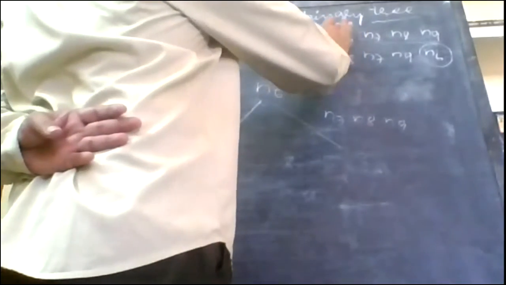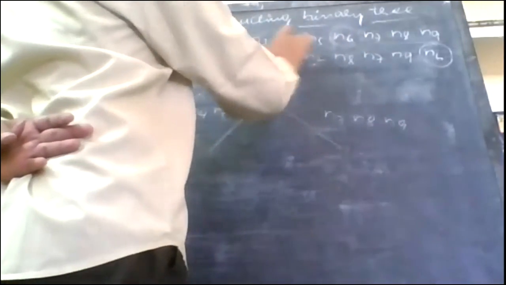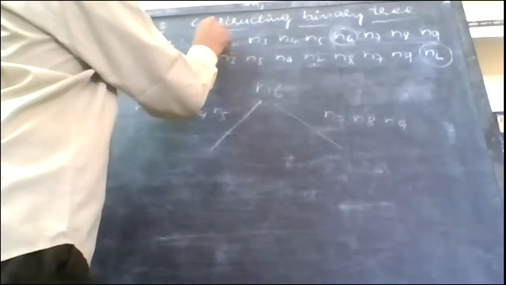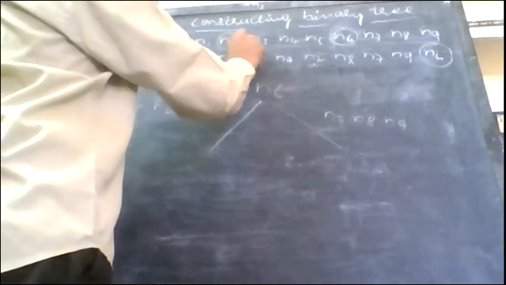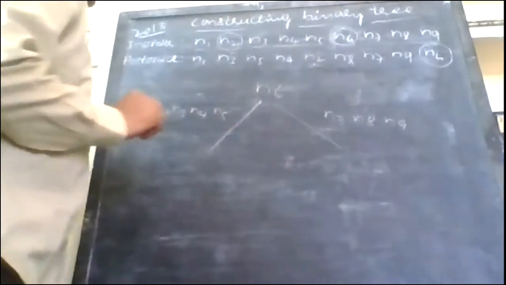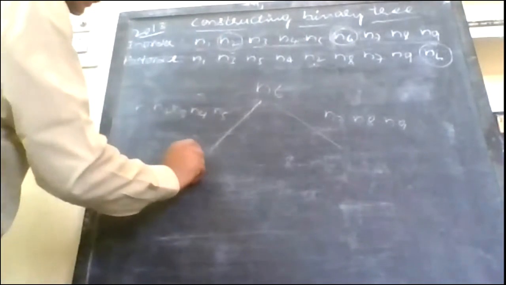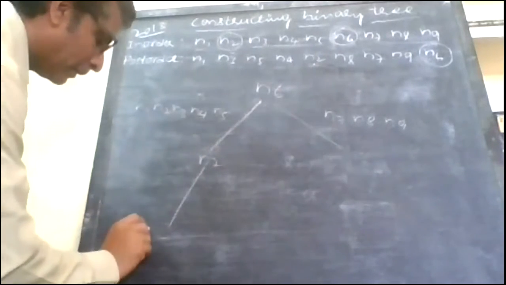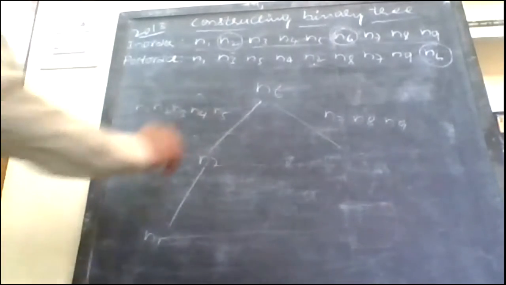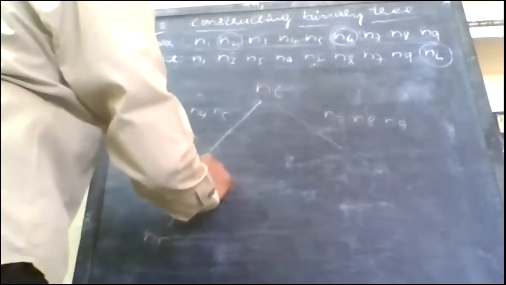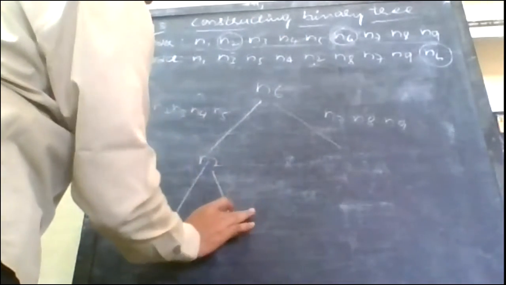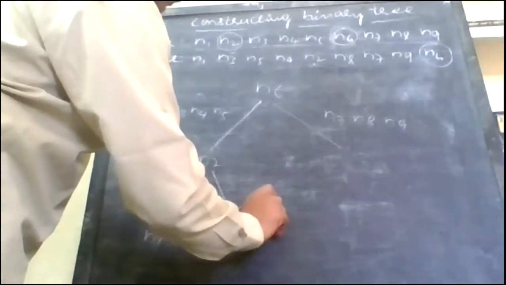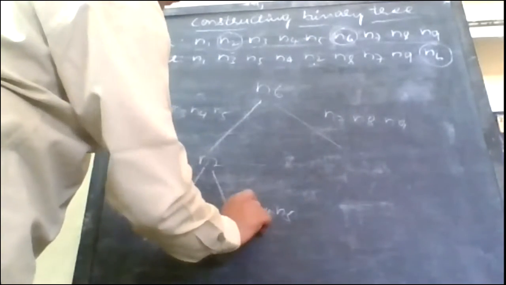Now I need to mention that one in the in order. If I do so, you find N1. So how many nodes are there apart from this N2? N2 is the root. Then what do I find? I find N1 on the left side and the remaining three nodes, which I'll write here: N3, N4, and N5, I find on the right side.